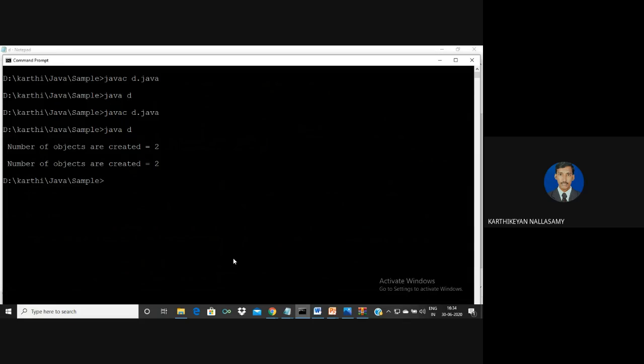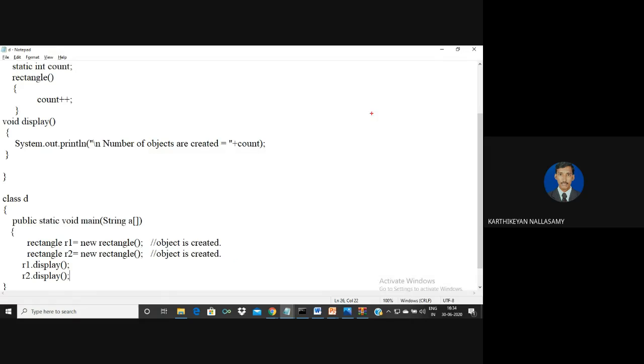So the number of objects created is 2. What it means is that this is the memory allocated for count. Once again, you can draw this. This is the memory location for count, and initially the default value is 0.